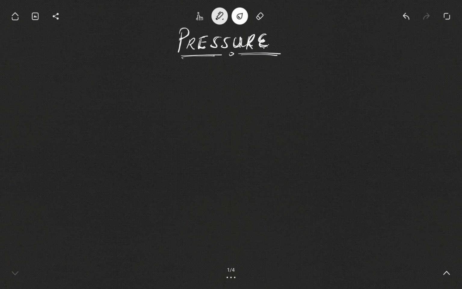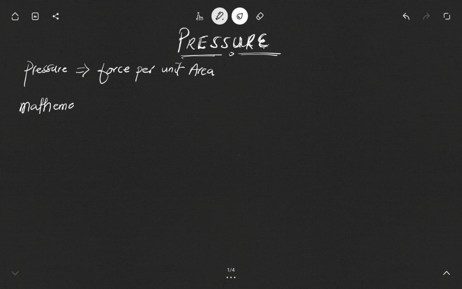Alright, so let's begin by looking at what pressure is. Pressure can be defined as the force per unit area. So if you want to represent this mathematically, it means that